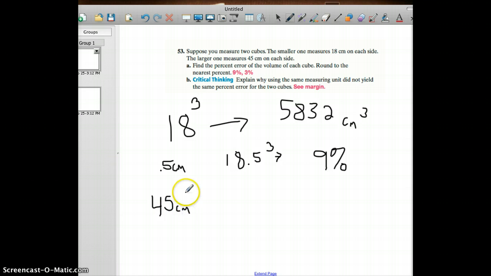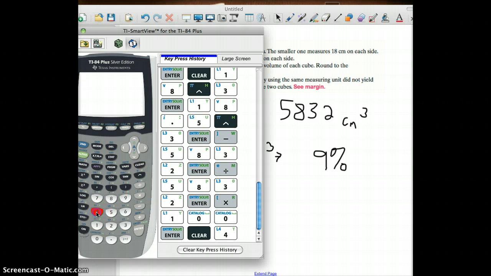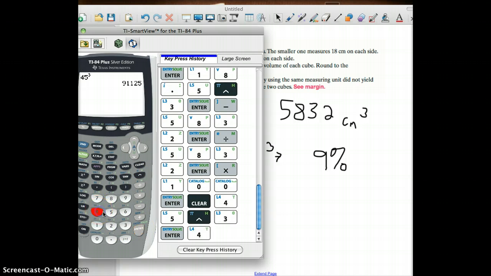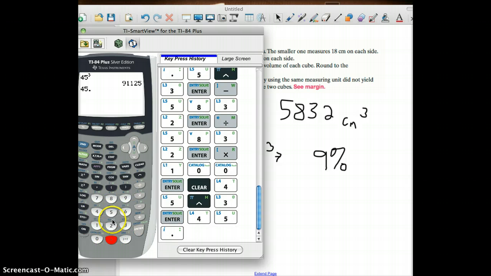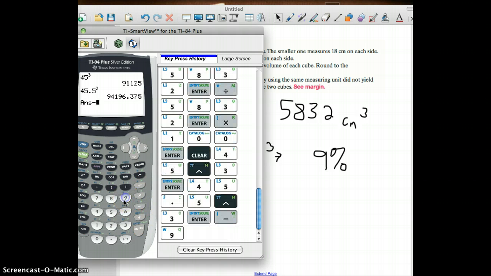Okay, and again the units are cubed, and we're going to cube the sides in order to get the volume, and then we're going to subtract the 45.5 centimeter side. Okay, and again we have to cube those to find the volume. So I'm going to do that on my calculator right now. Clear this. We have 45 to the third, and then we take 45.5 to the third, and we subtract the difference,